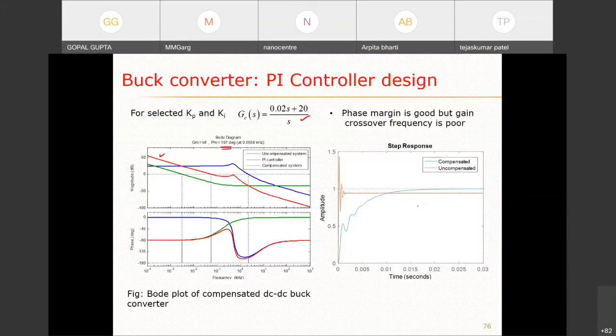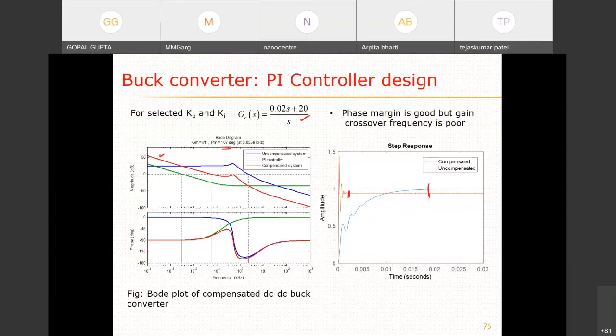So now when I have put these values, what I see is that this red one is the frequency response or Bode plot of the compensated system. As I desired, my compensated system has this initial slope of minus 20 per decade. So that is there, right? And now phase margin is also greater than 75 degree, right? So now I can compare the step response as well.